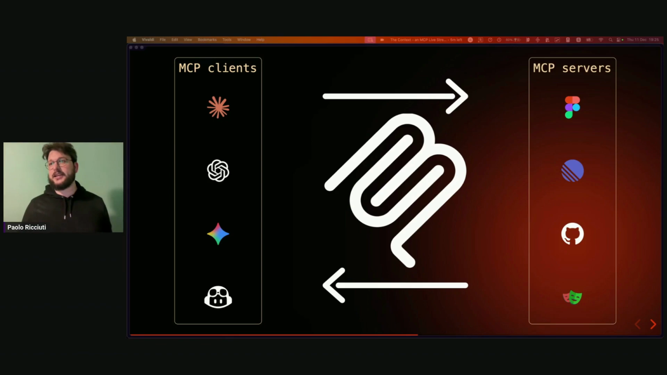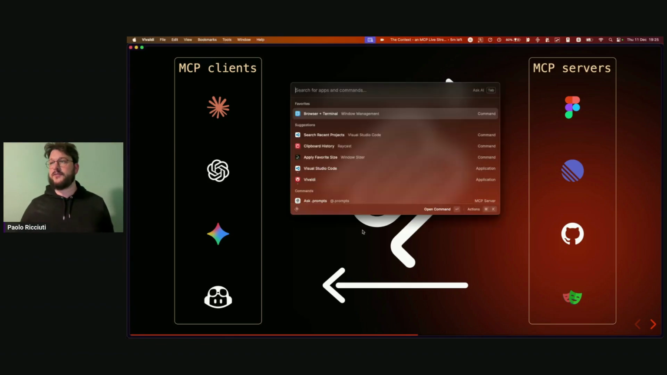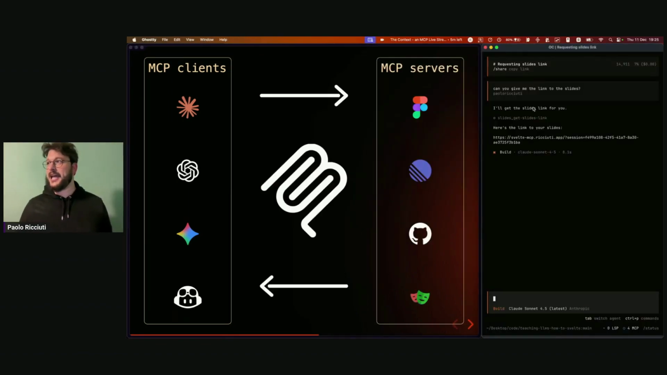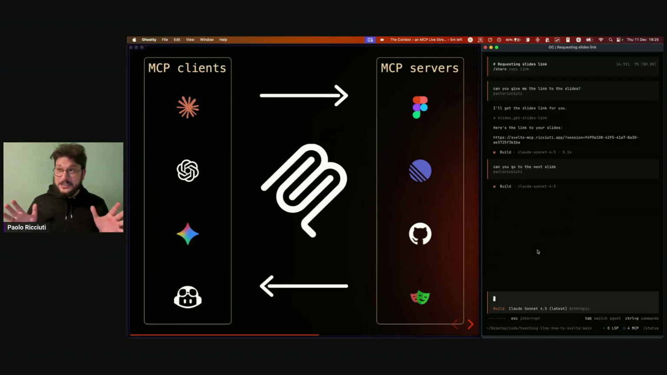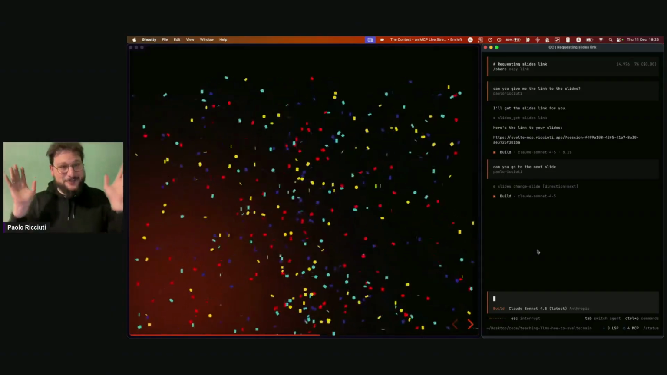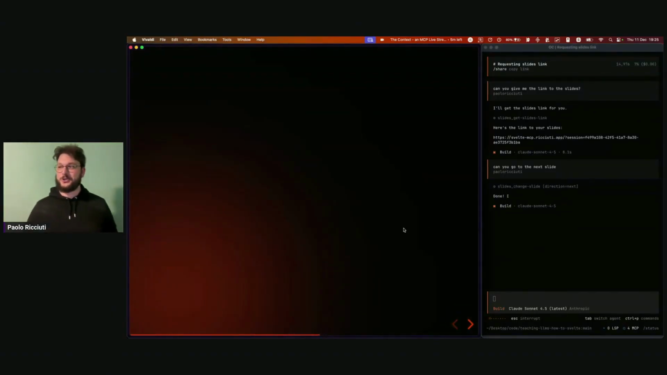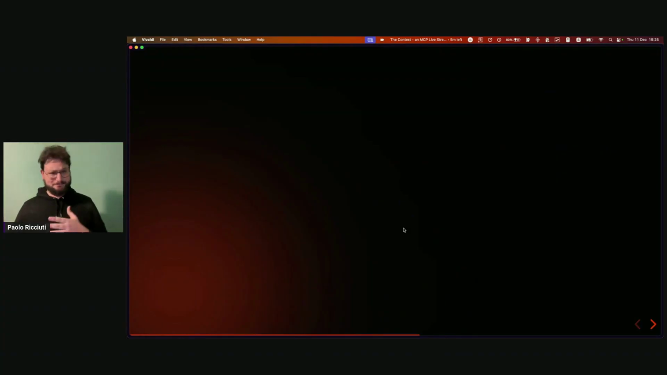And this is basically what allows me to do stuff like this. So I have this OpenCode where I asked for the slides that you are actually seeing. And these slides are actually an MCP server. So I can ask, can you go to the next slide? And if everything works, yeah, it worked. Now, obviously, I will not do this a lot because that would be the most expensive auto-clicker